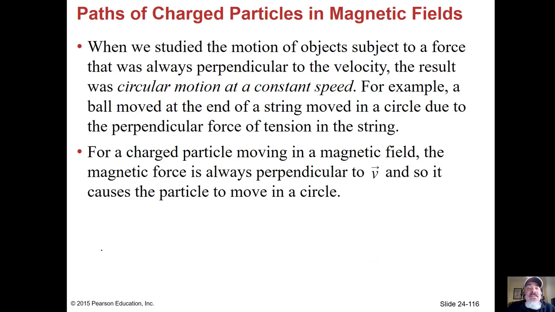Okay, so paths of charged particles in magnetic fields. The force is always going to be perpendicular to the velocity. So all this can do is change the direction that the particle is moving. It's not going to change the speed. No part of the force is opposing the way it's moving or making it speed up. So it doesn't change the kinetic energy at all. It just makes it change directions. They can go in a circle, actually,